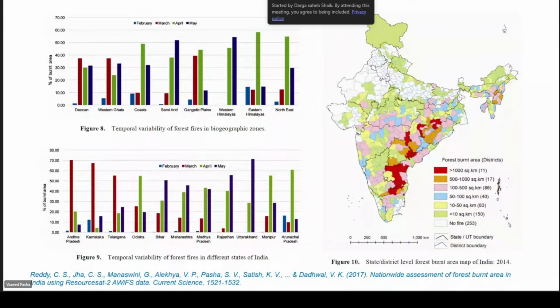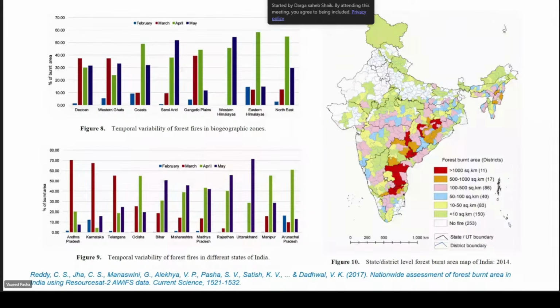That belt is highly forest fire prone. In the second category, 500 to 1,000 square kilometer, there are 17 districts, also in parts of Odisha, Telangana, Andhra Pradesh, and also the northeastern states. And for 100 to 500 square kilometer, we identified 86 districts in different parts.